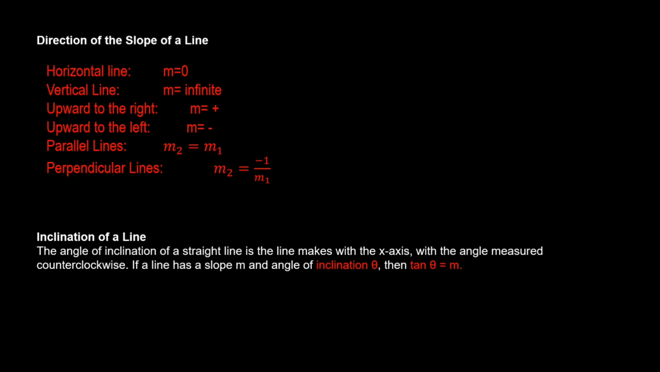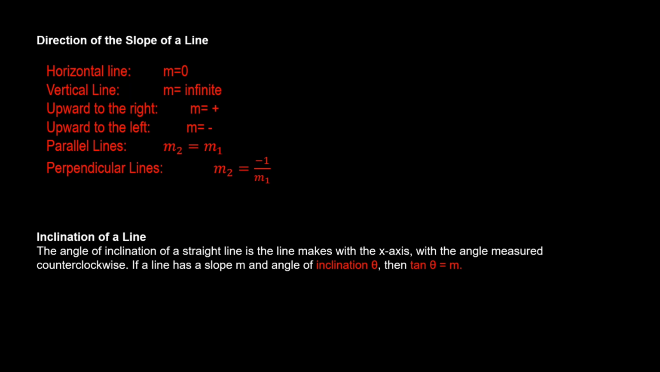And then, if the given is a perpendicular line, the measure of the slope of the second line is equal to the negative reciprocal of the slope of the first line. So now,